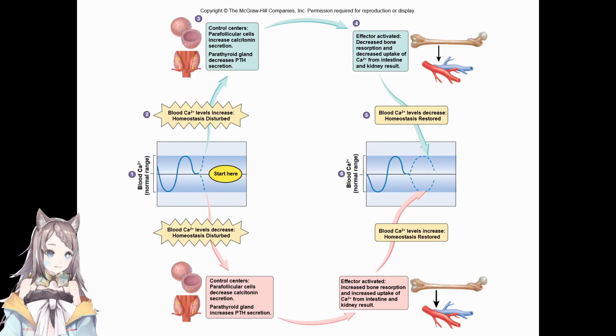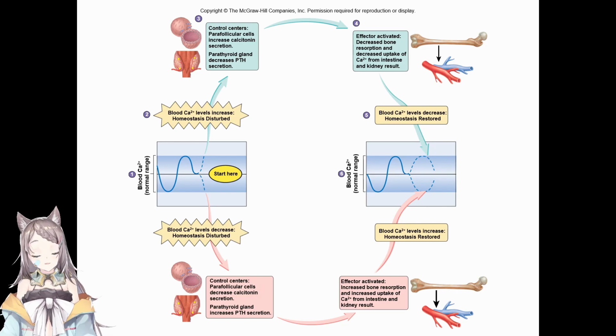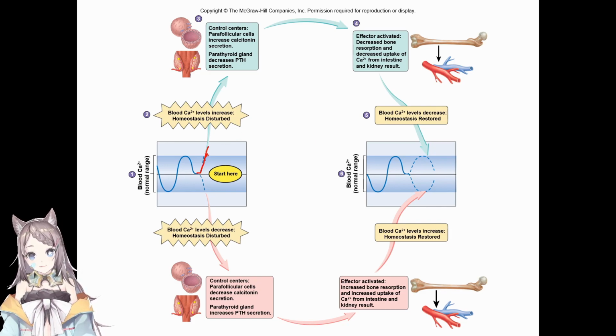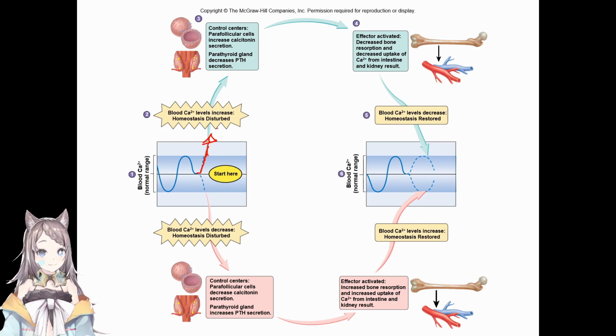Okay, so your body will compensate reflexively depending on the levels of your calcium. So let's start with the one on top. If you have too much calcium in the blood, what will the body do? It will stimulate calcitonin release. It will release calcitonin and will also decrease parathyroid secretion.